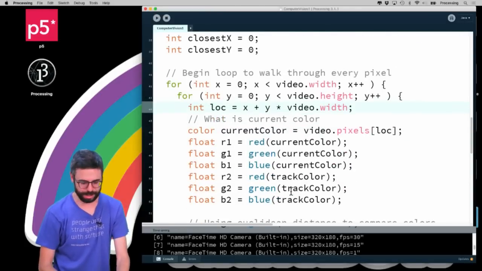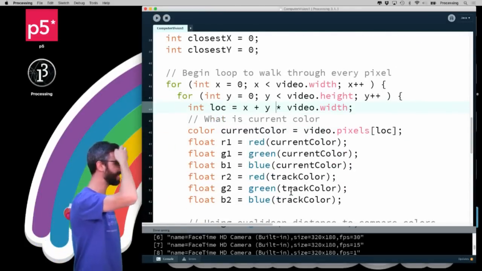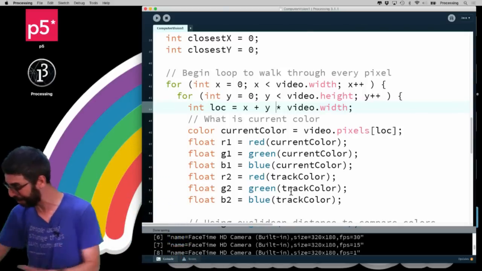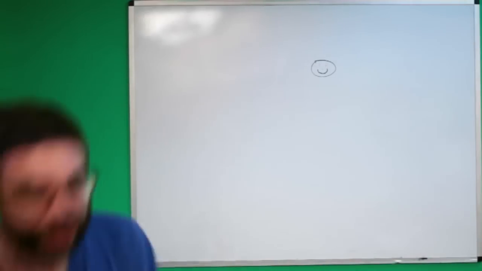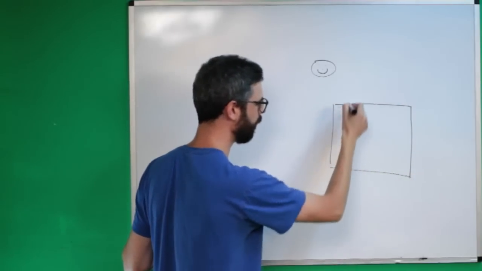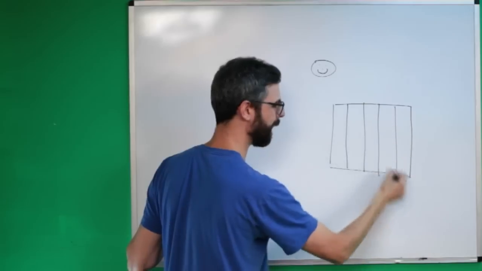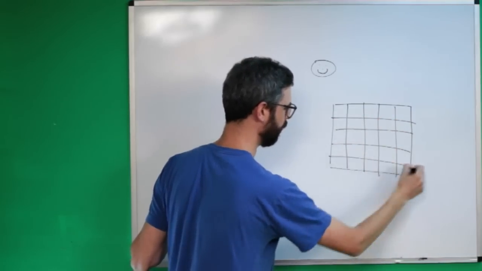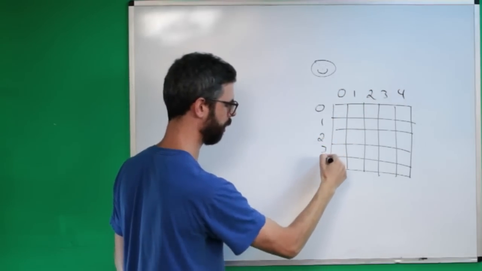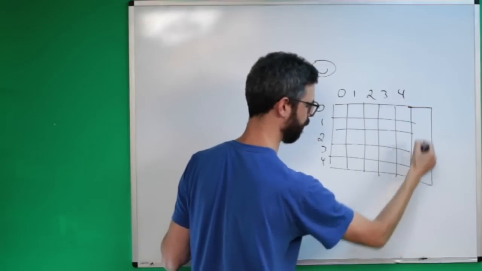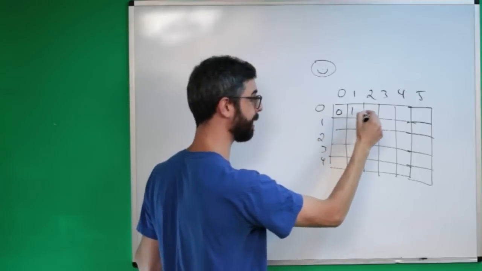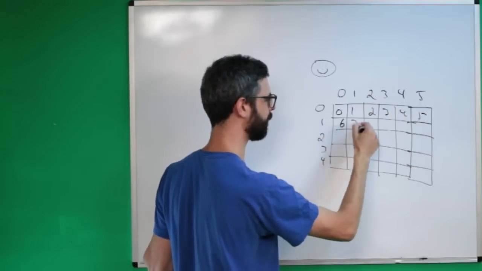Okay, and you can see here, what am I doing? Let's just review this idea really briefly in case you didn't watch the previous video. This is a grid of pixels. It has columns, which I could number like this, 0, 1, 2, 3, 4. It has rows, which I could number like this, and let's just make those different for the sake of argument. Then it has pixels. The pixels are numbered like this, 0, 1, 2, 3, 4, 5, 6, 7, 8, 9,